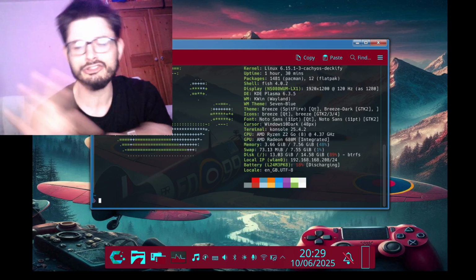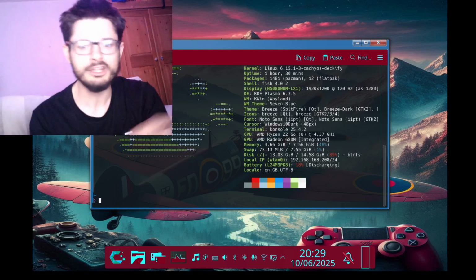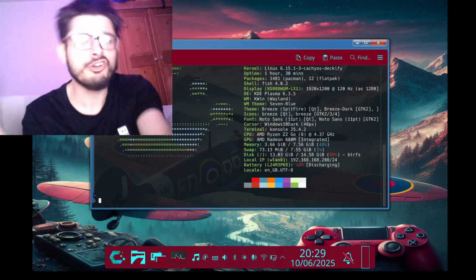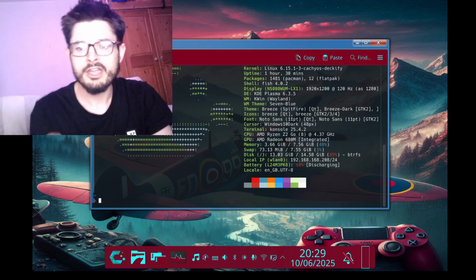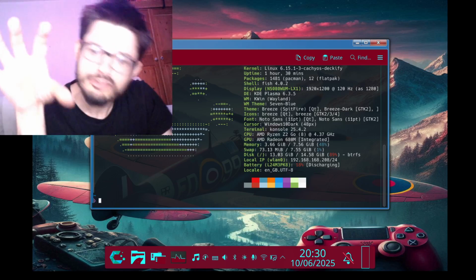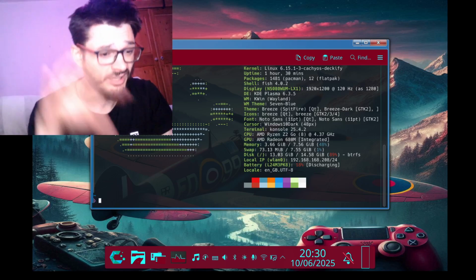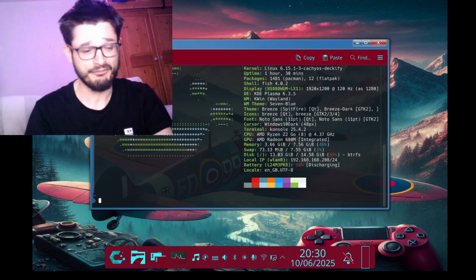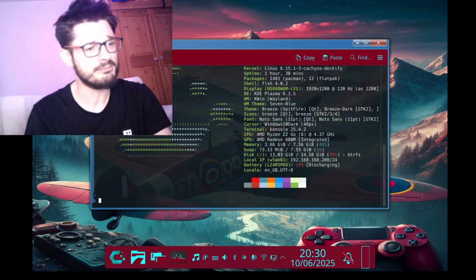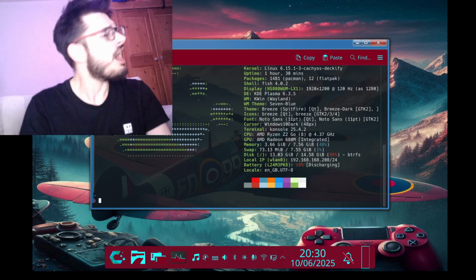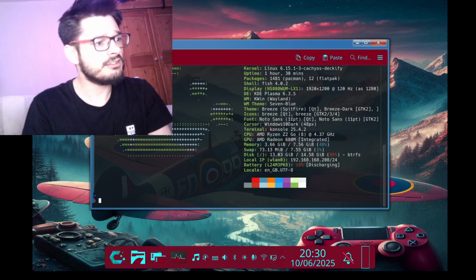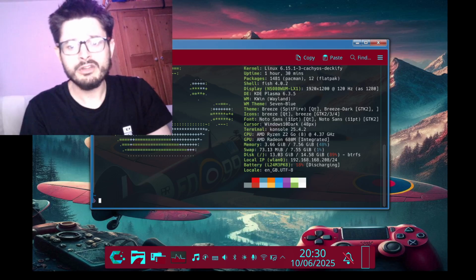Just logging in with nothing open, not even the console. Just open the console, it'll pop up fastfetch, tell you your memory. That's the sort of testing I've done. I've done it on KDE Dev, I've done it on KDE Stable, I've done it on Ubuntu, I've done it on Arch, and as a whole, yeah,